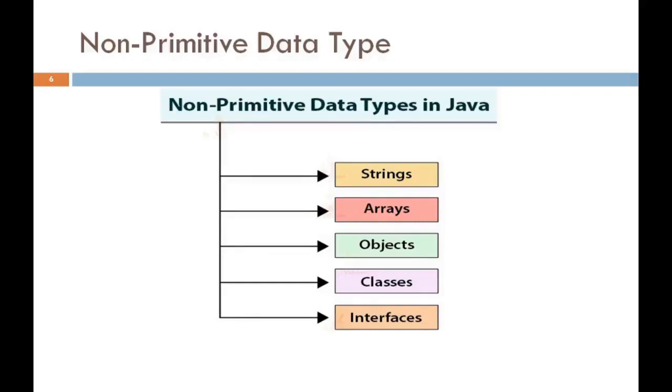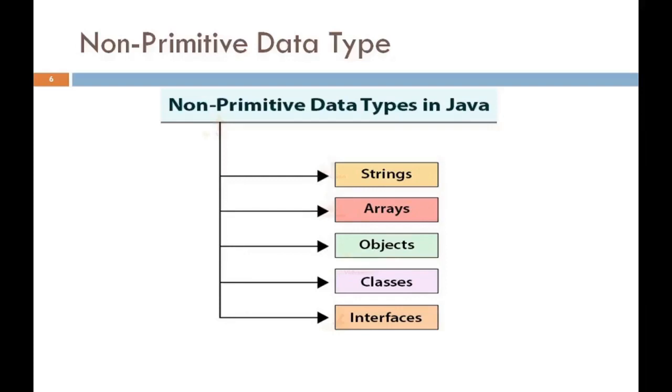The second one is an array. Arrays in Java are a data structure which are implemented as an object in Java. An array stores one or more values of a specific data type and provides an index to access those values. A specific element in an array is accessed by its index. The next one is an object. We can say that an instance of a class is known as an object, or a real world entity is also known as an object.